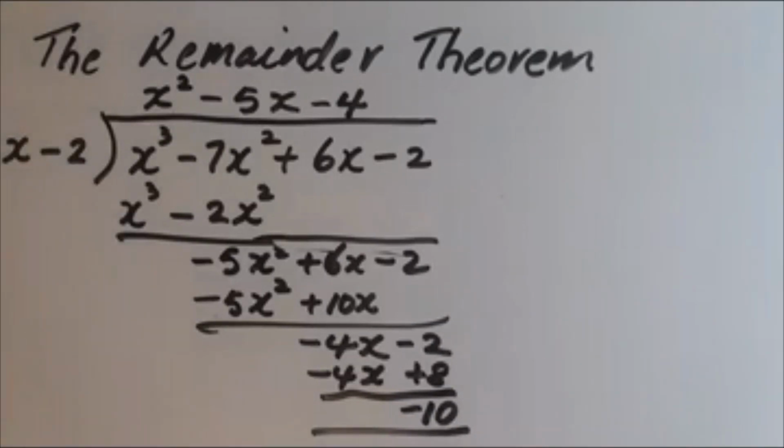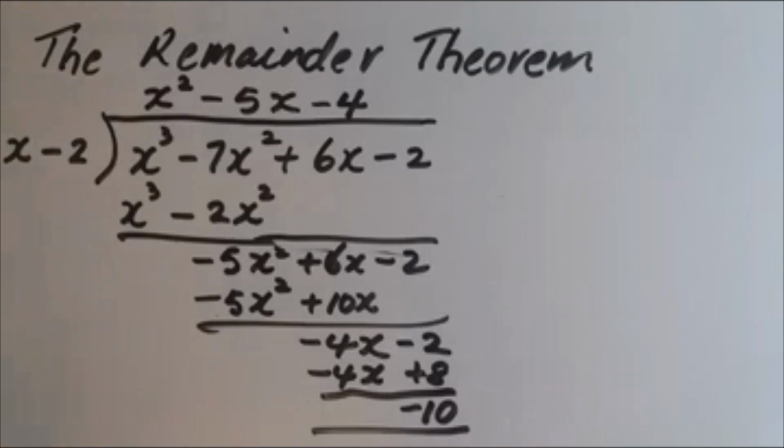So we basically have divided a polynomial, as in x cubed minus 7x squared add 6x minus 2, by a linear function. We got our quotient, which is x squared minus 5x minus 4, and we have a remainder of negative 10. So if we were to write this